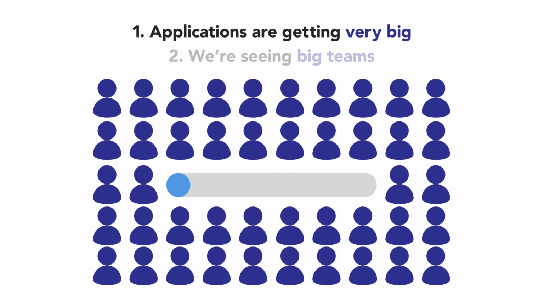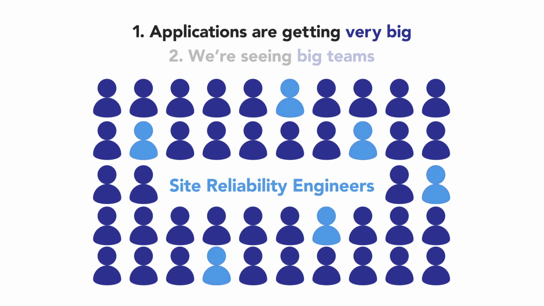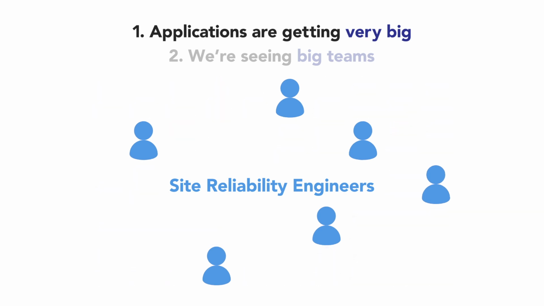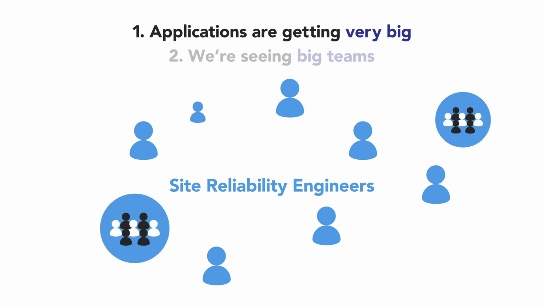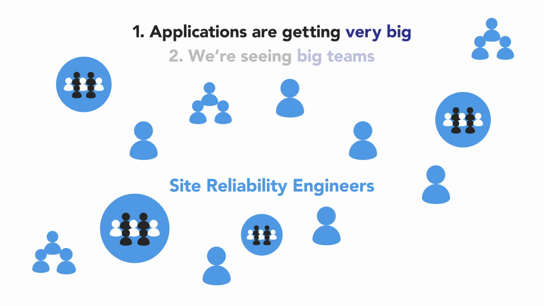The problem where applications are getting too big gives rise to a new set of roles in the system tradition, which are Site Reliability Engineers or SREs. This is a specialist discipline of systems engineering, and it's pioneered at Google in the early 2000s. SREs make sure that the big applications stay online at all times, and they're measured in uptime.